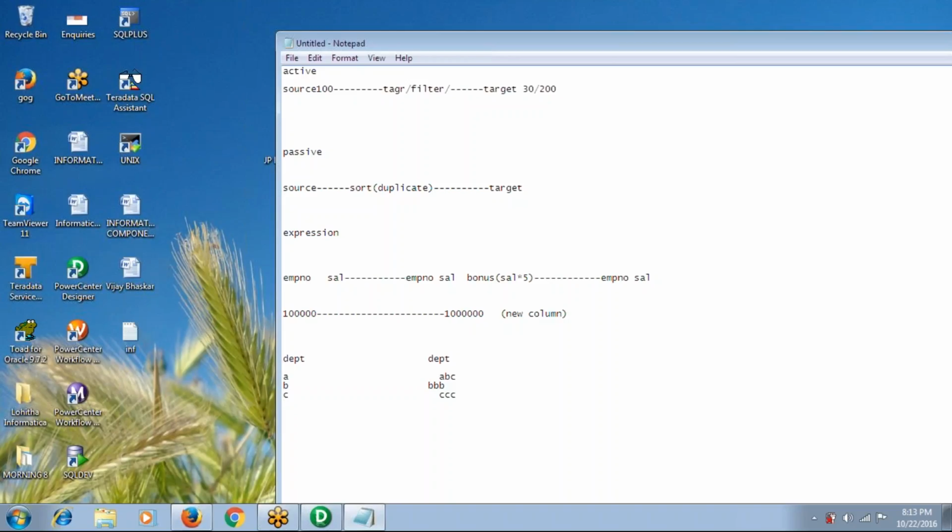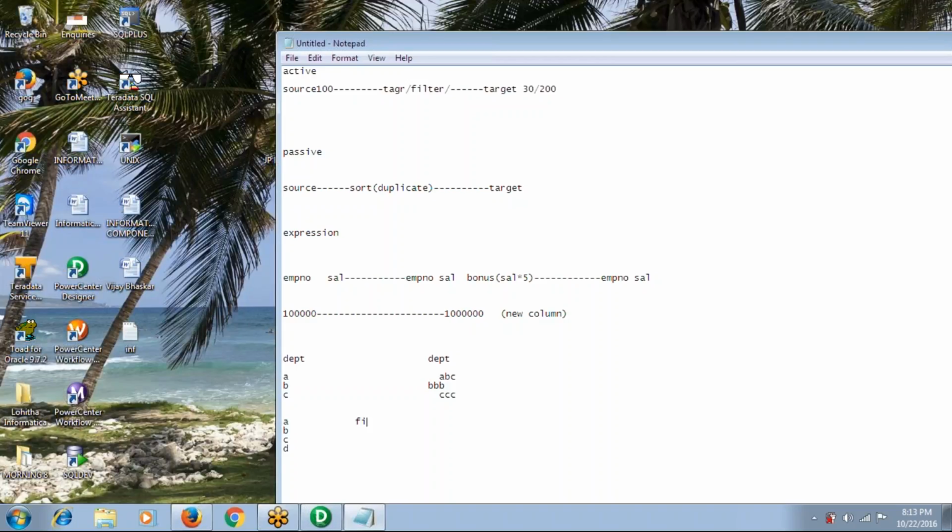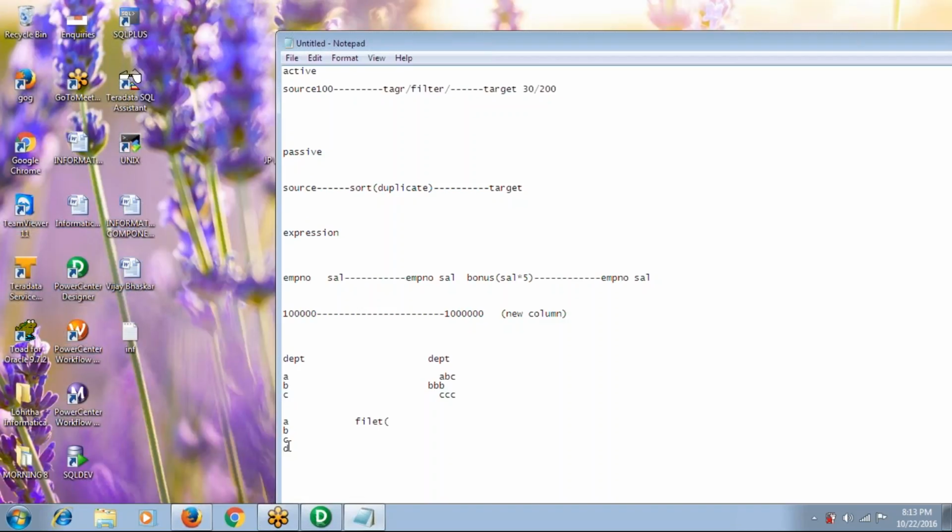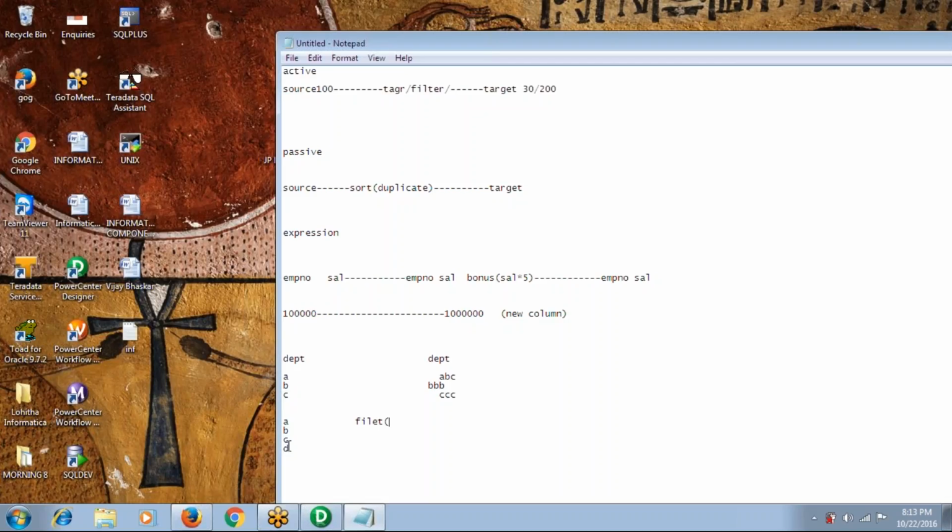Suppose in my source I have 4 columns: A, B, C, D. Okay, so this is my source, and I will use the filter transformation. You can write the filter condition based upon the columns available from the source. You can write A equal to 10, or B equal to 10, or C equal to 10. You can write any filter condition based on the available source columns, and it will only filter your data. In the filter transformation, we are not going to derive a new